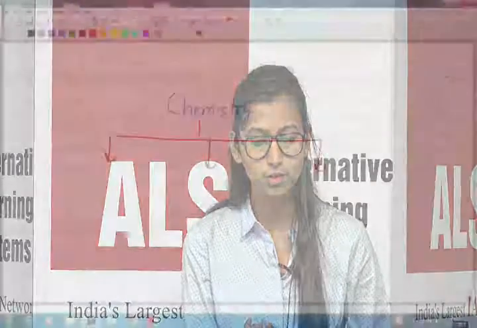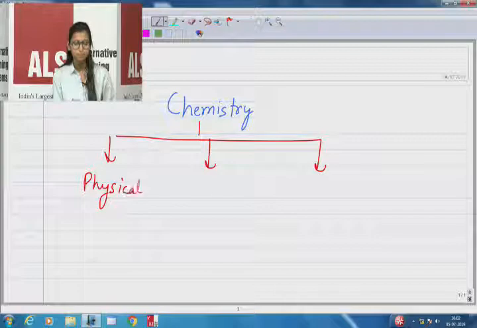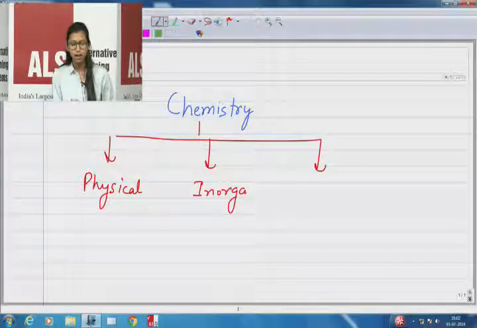Let me tell you one interesting thing. You have studied chemistry in your junior classes, right? From the 11th and 12th, we will be having divisions here. You are going to study 3 types of chemistry: physical chemistry, organic chemistry, and inorganic chemistry. Let me write here so you will get the idea. First of all, we have to understand what we are going to study. For chemistry, we have 3 divisions: physical, inorganic, and